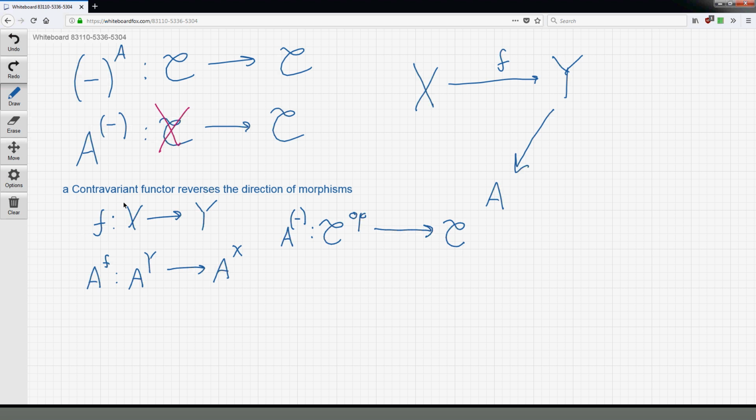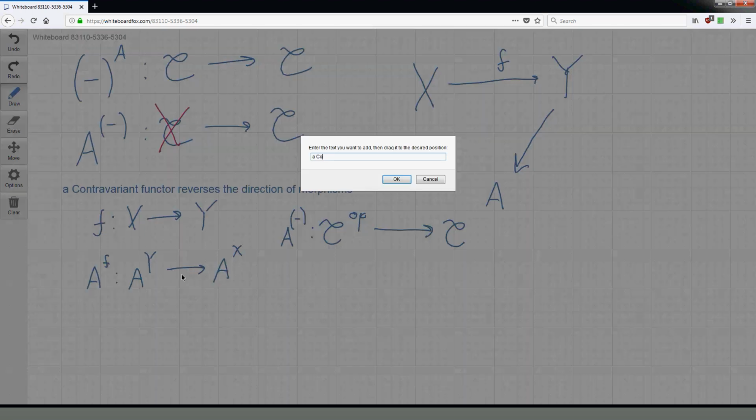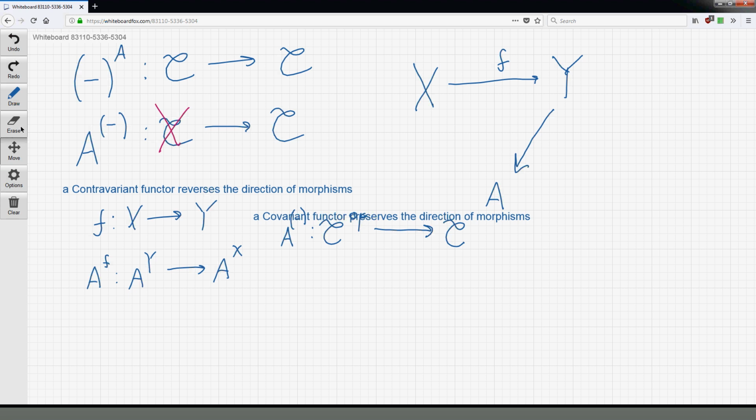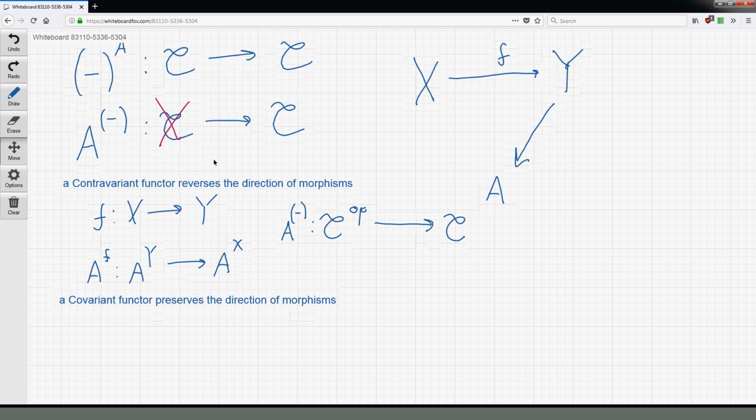And the dual concept of contravariant functor, the functors that we're familiar with, are called covariant functors. I'll just type that out as well. Those are the functors that we're all familiar with by now. All right, so let's discuss